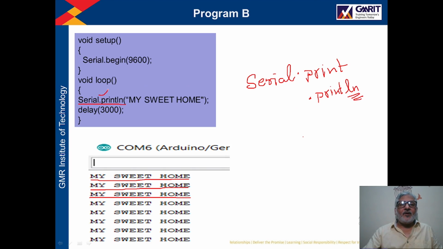With this function, what will happen: my sweet home will be displayed first. After this the cursor will go to the new line, and next time after 3 seconds this same message will be displayed in the new line. Then again after displaying this, the cursor will go to the new line. So due to println, every time after printing the message the cursor will go to the new line,